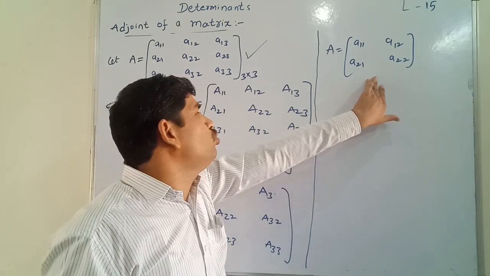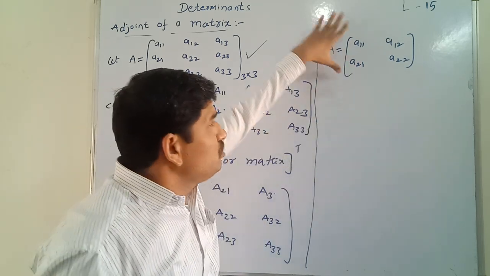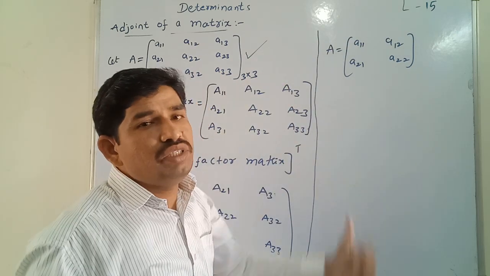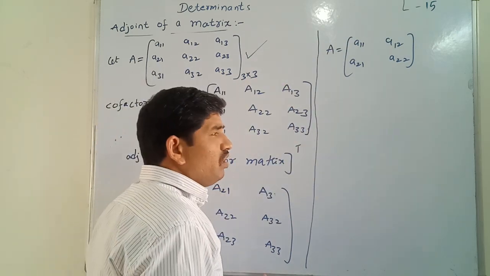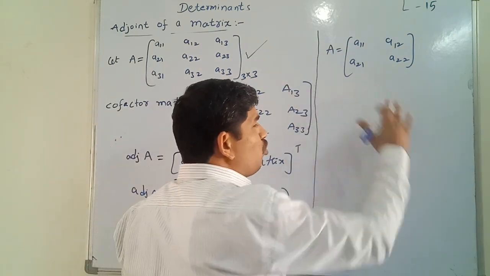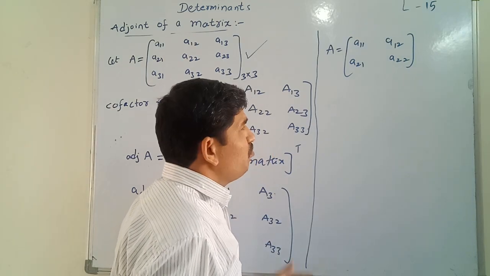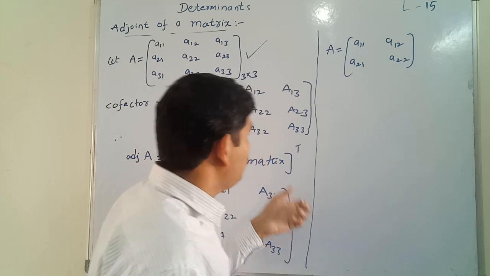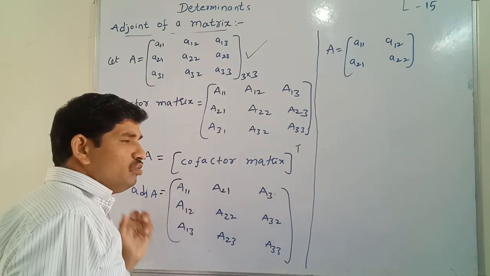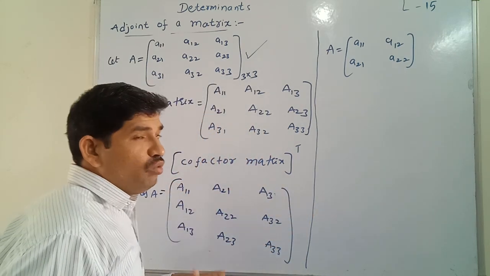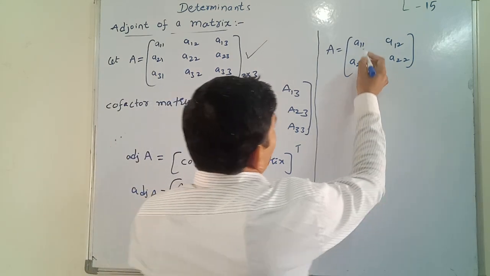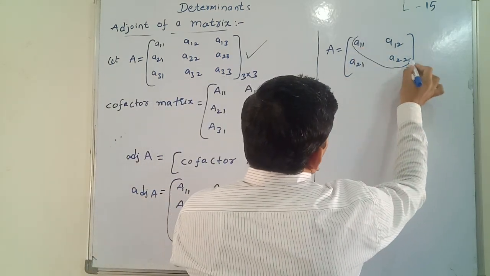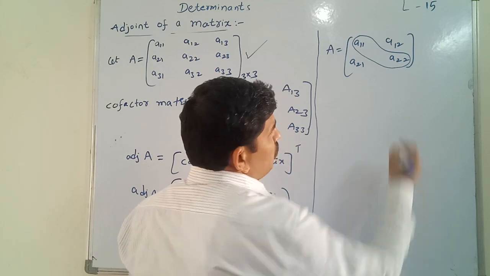If you are writing the 2 by 2 matrix here, now I am going to say find the adjoint for this. Sir, how will we find the adjoint? We can find the cofactors here. By finding the cofactors and interchanging the rows and columns, you will get the adjoint matrix. And there is one more way also. Now we are going to interchange these two elements here, remember.